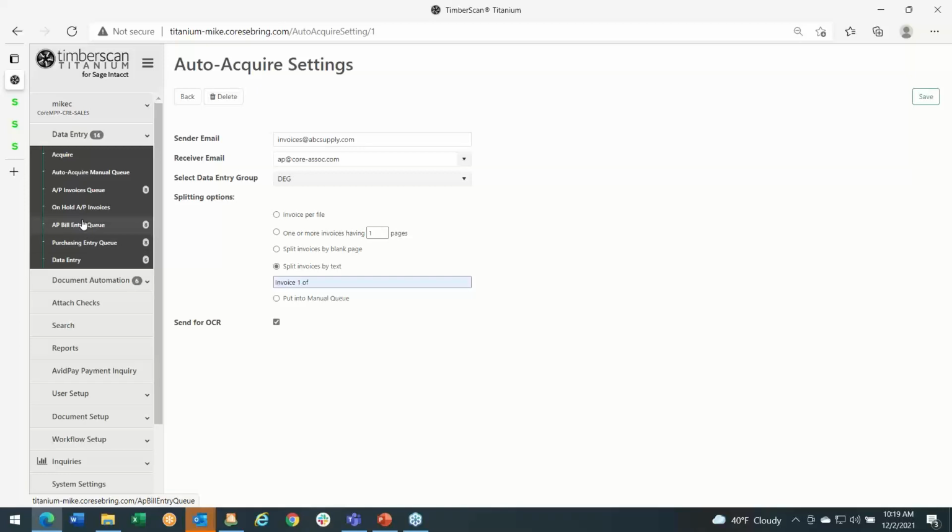Now, this might seem a little bit confusing when I first explain it. But anytime I acquire an invoice, it's going to drop that invoice into both of these queues. So regardless of whether I go into AP bill entry or I go into purchasing entry, those same invoices that I acquired are sitting in both queues. Why did we do that? Well, the reason we did it is because of the way that we've tied the integration between TimberScan Titanium and Sage